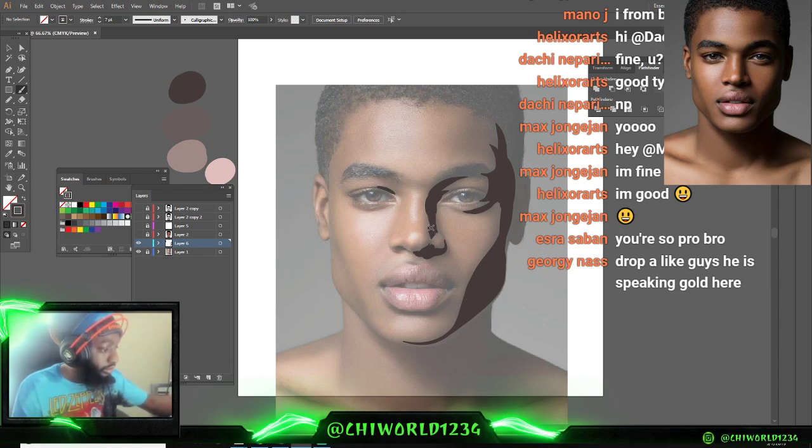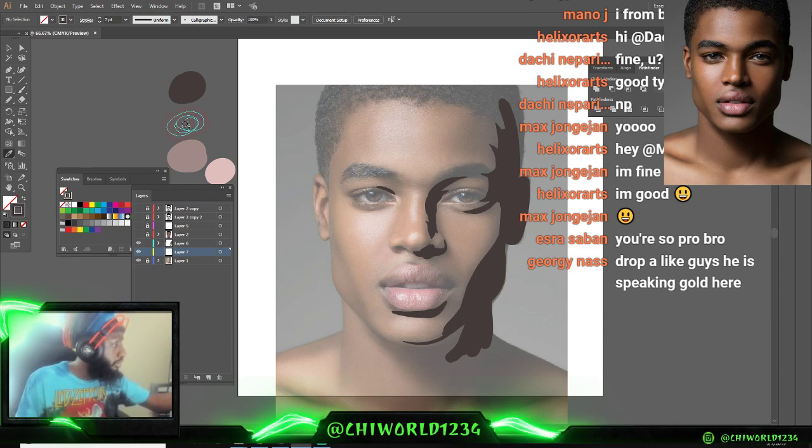So if I was coloring this, what I do, I start with my dark shadows first. And then when I go to the next shadow layer, just say I'm done doing all my dark shadows, I create me a new layer right under that dark shadow layer, and then I go a little lighter. So we're gonna go to our mid shadows. And then we're gonna go back to our picture and we're gonna kind of find where our mid shadows at. You know what I'm saying? So I think my mid shadows would be,